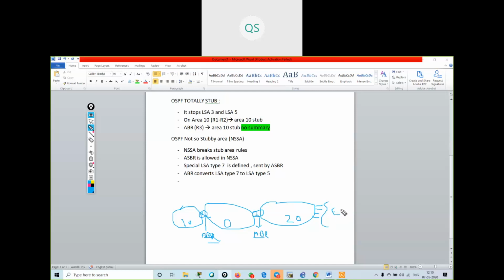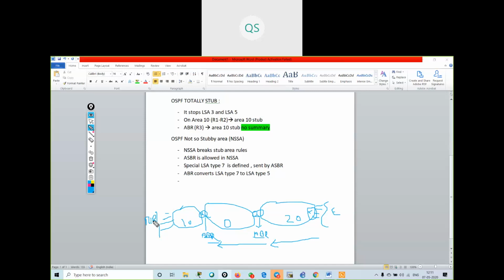Okay, then what I told you, an area with an ASBR router cannot be a stub area. So in this scenario, suppose this is my ASBR router, so I didn't make this area my stub area. My routes came from EIGRP here and got advertised over here, in area 10. Now what will happen if suppose I am running a routing protocol over here? Suppose I am running RIP over here.